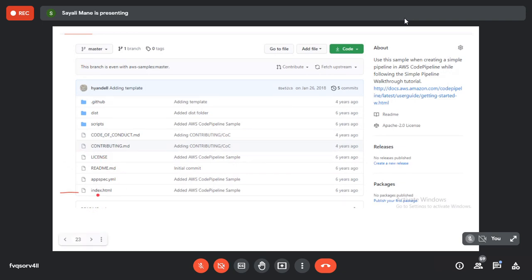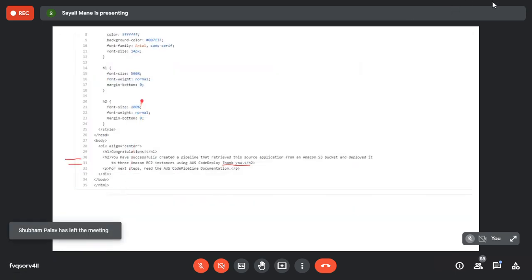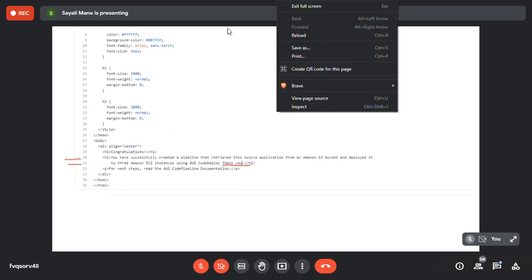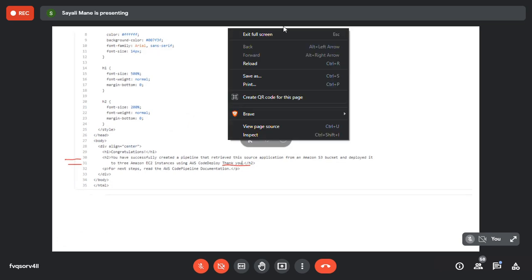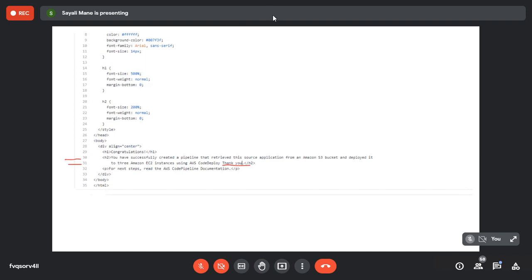Please click on index.html. It's an HTML file, simple tags are there. I think you must be familiar with these H1, body, head, style tags. You know this HTML, right? HTML tag formats. Okay.